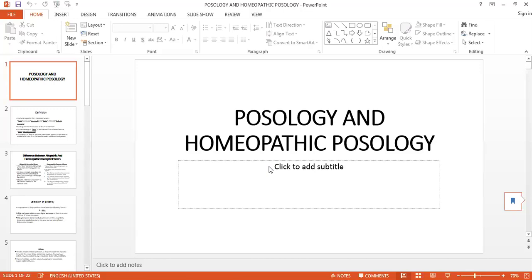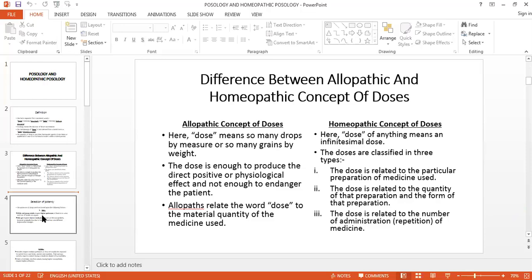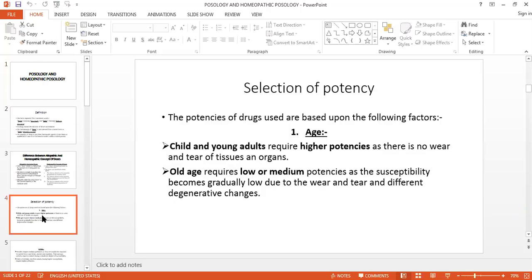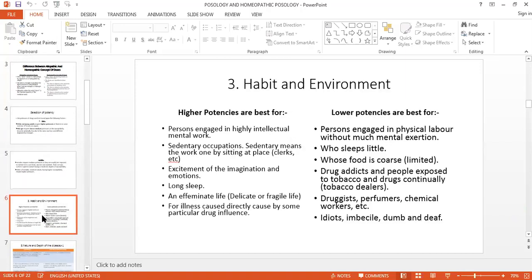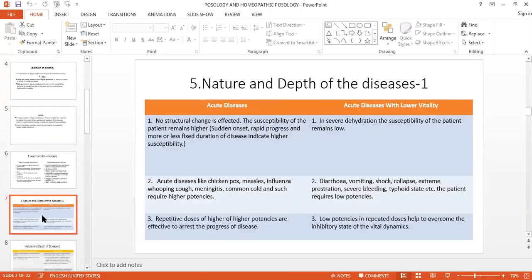We have started posology and homeopathic posology. Most of the things we have covered in it: definition, difference, then the selection of potency, various factors we have discussed. When to give the higher potency, when to give the lower potency, that also we have discussed. And this selection of potency is very much important in your practice, in your OPD, because the simillimum selection